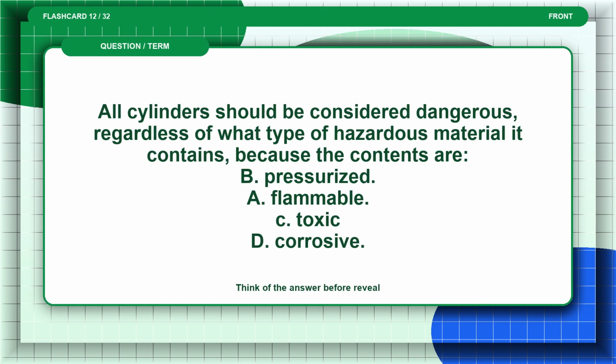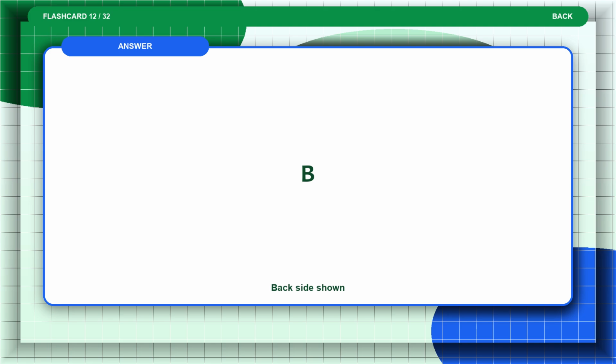Flashcard 12. All cylinders should be considered dangerous regardless of what type of hazardous material it contains because the contents are: A. Flammable. B. Pressurized. C. Toxic. D. Corrosive. Think of the answer before the reveal. The answer is